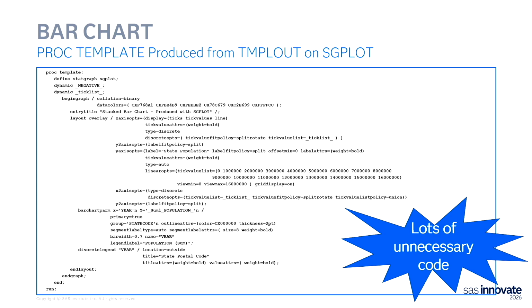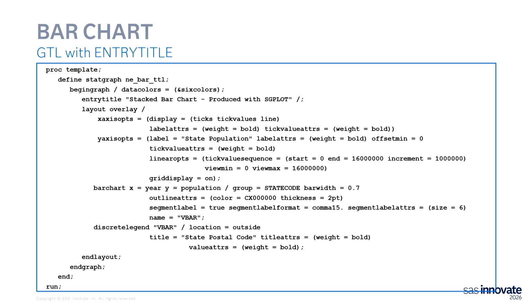So here, what SAS gave us was a lot of unnecessary code. Again, it still works. It's still great for learning. So once you've got your PROC SGPLOT into a template, you can now figure out what to remove, and that may be extraneous information. So we're going to take that, and we're going to condense that code dramatically. So here's the condensed code. And do I have animation on here? So we cleaned this all up.